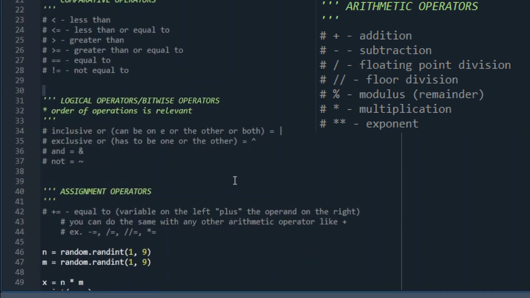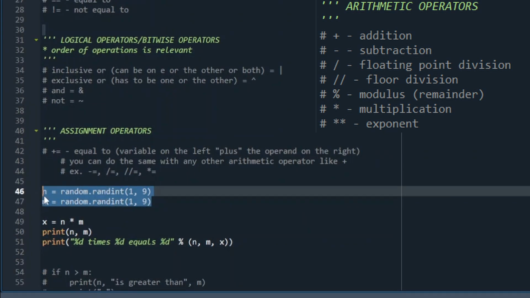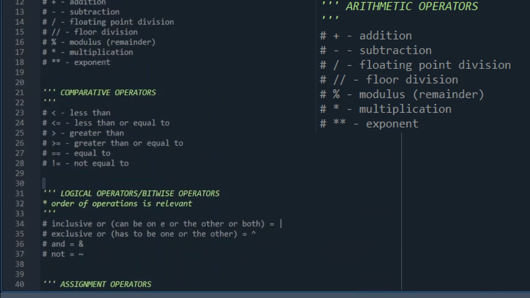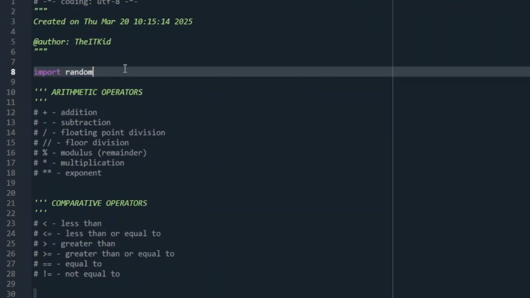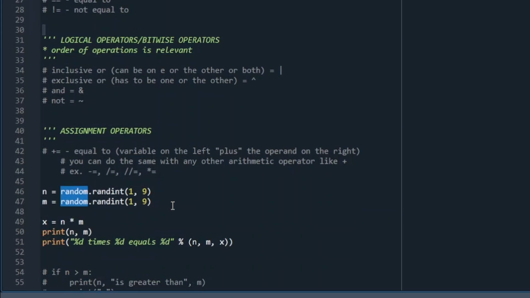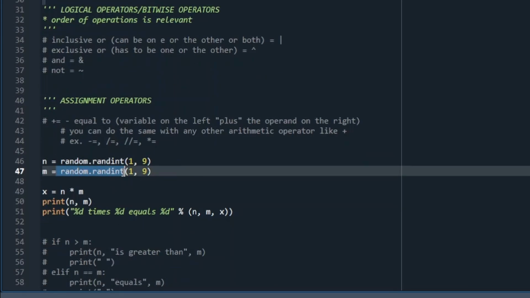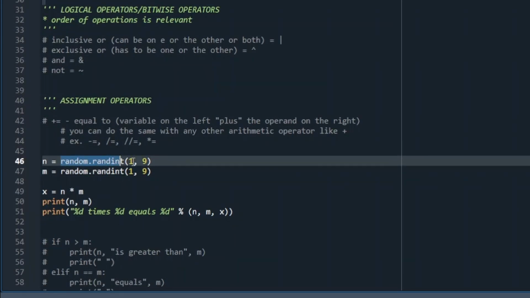But make sure, when you're making n and m random, that you do this up here. Make sure you import random, which will get the library for the random method or the class, which we'll cover probably farther down the road, and it will allow you to use this. So you can't use this unless you import random. Now with the arithmetic out of the way,